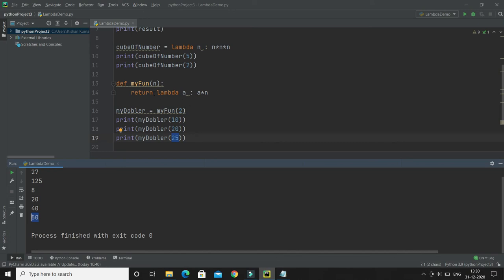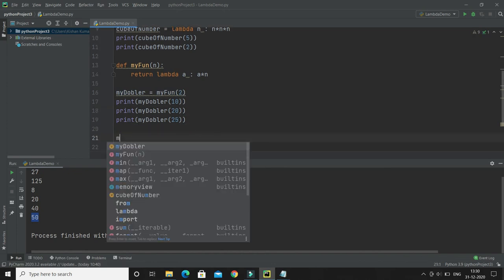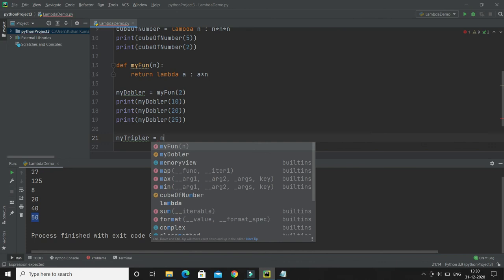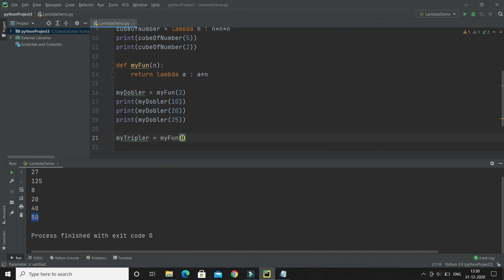So it's exactly returning the double of the number. Let's say I would like to get the triple of any number. Then I will use again, I will say my tripler, right? I will get this variable by calling my function, and instead of 2 I will pass 3, because I want to get the triple of any number.